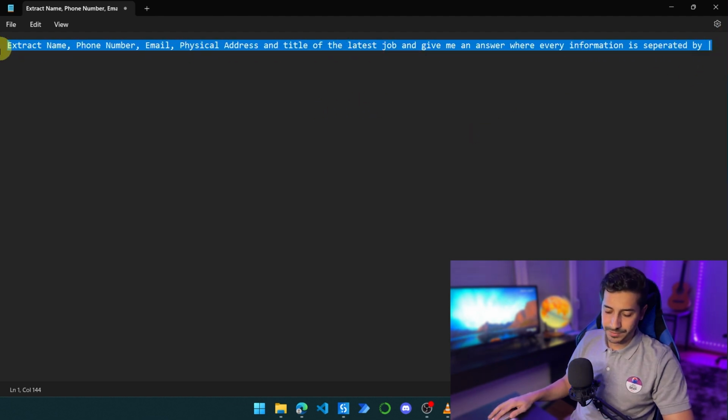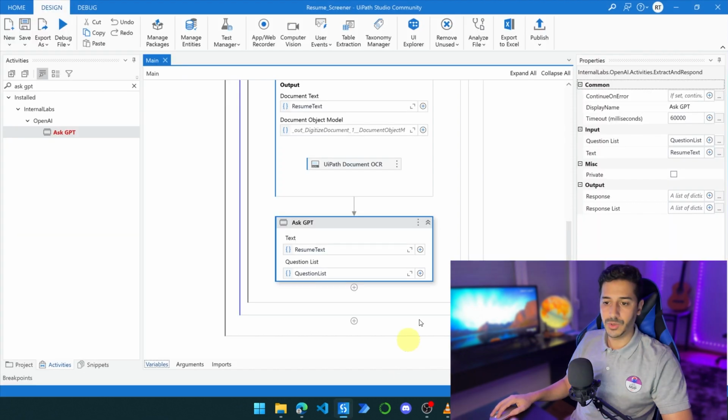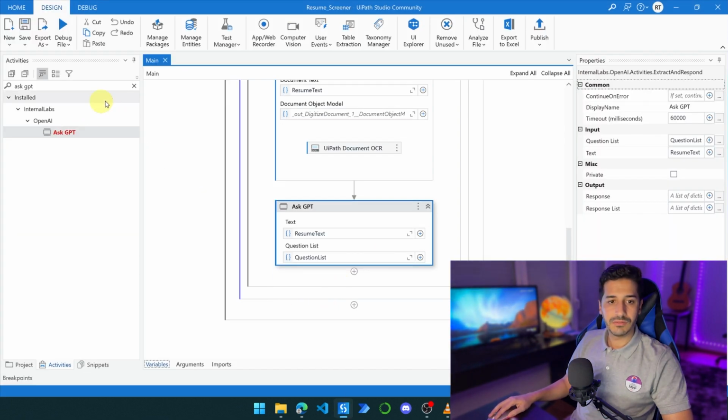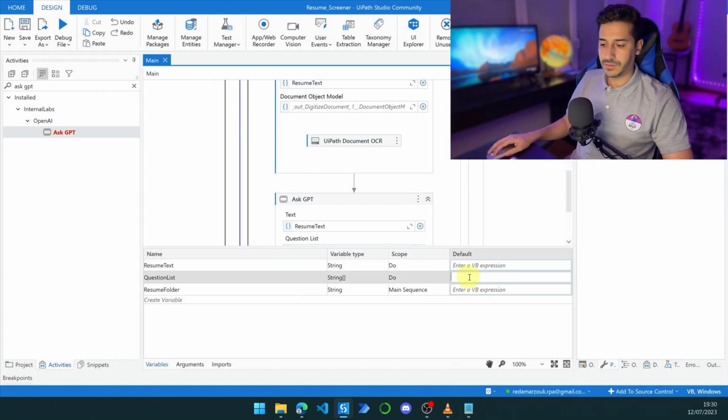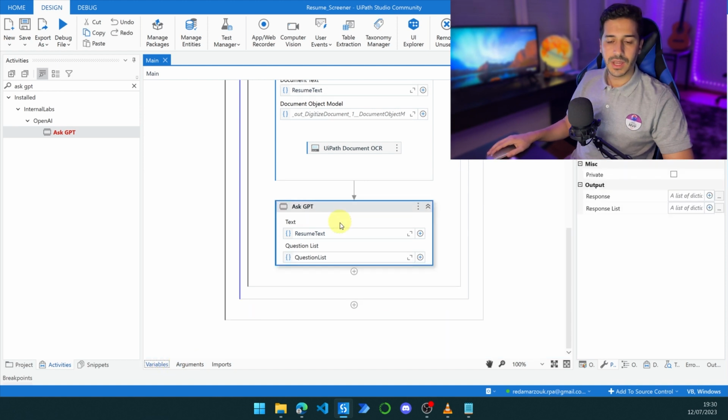Let's copy this prompt, and let's go back to UiPath, and then let's go to variables, and inside of default, let's place a semicolon. Let's place some accolades and close it. And then inside double quotes, we are going to paste the prompt that we have just created. Let's click on Control S for save. And now